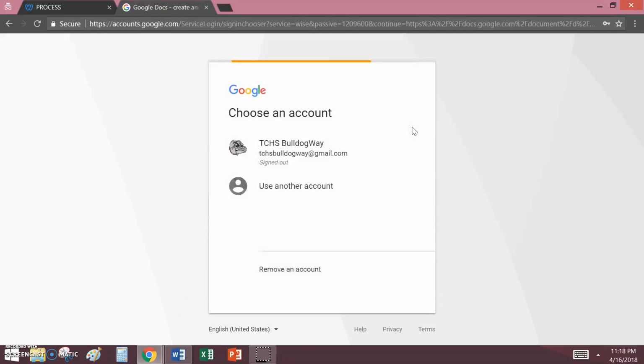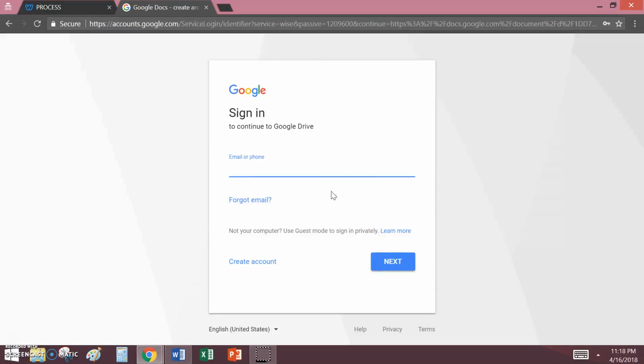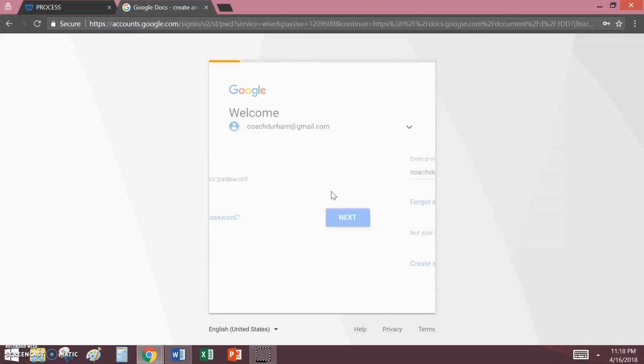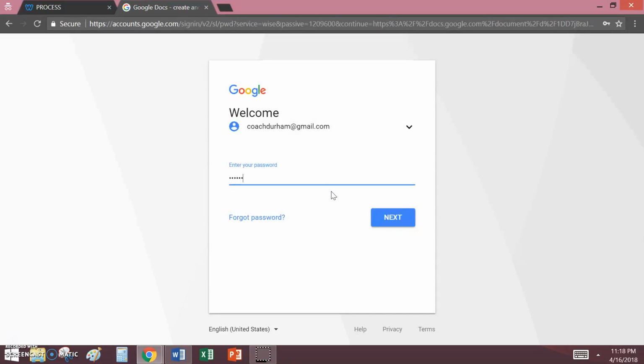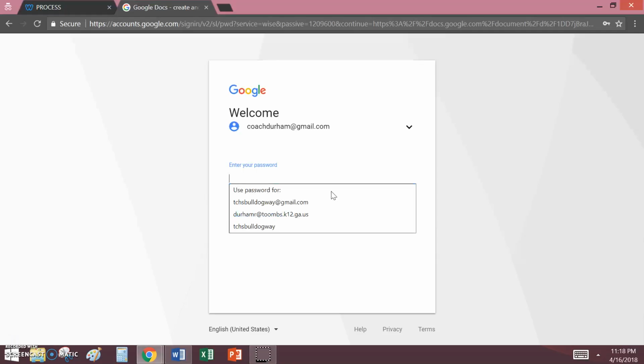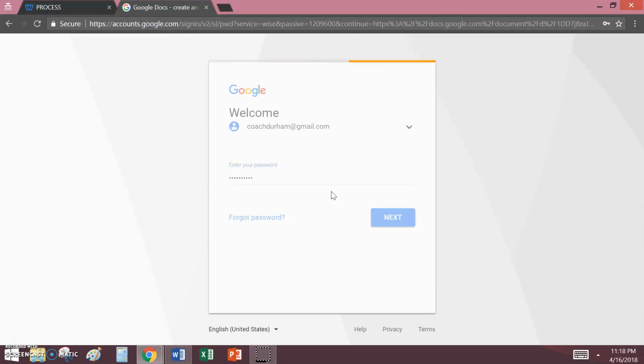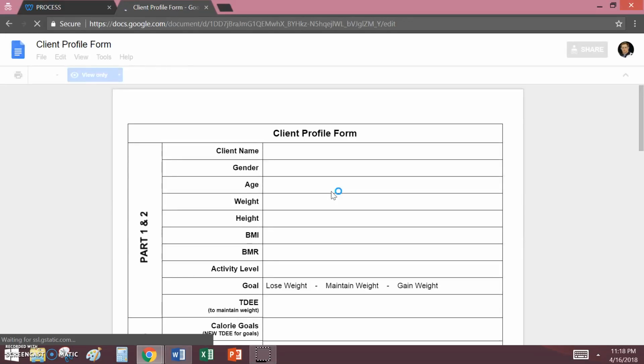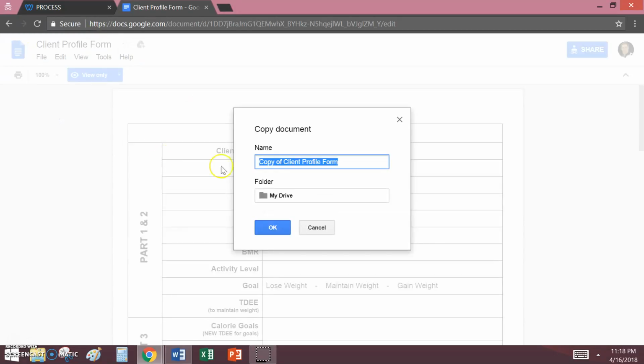I'm actually going to sign into a different account. If I can remember my password. Okay, and now I'm able to edit the profile form by clicking File, make a copy, and then it's going